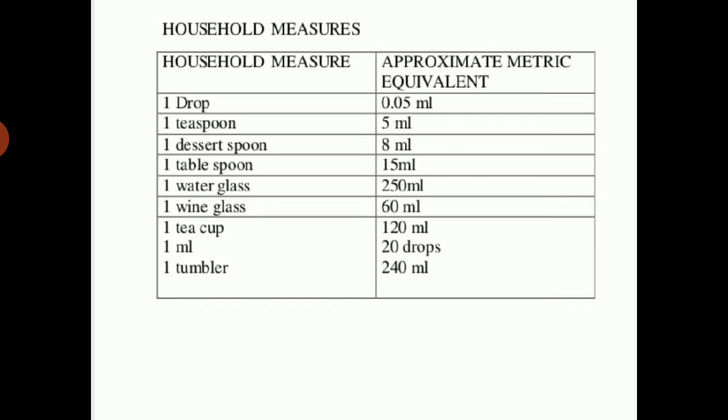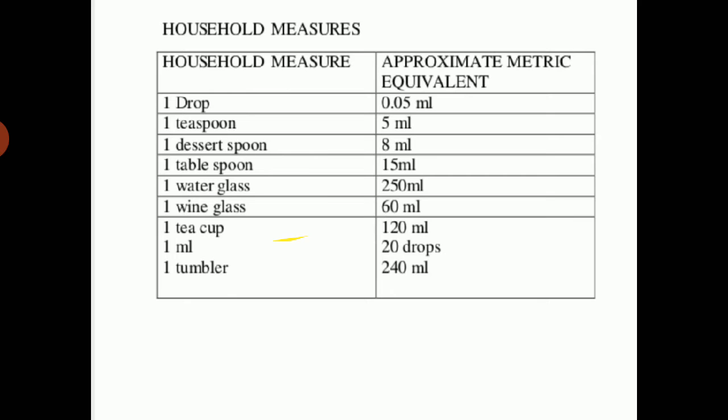Conversion table. If we discuss the conversion table from apothecaries to avoirdupois, 1 lb is equal to 16 oz, and 1 lb is equal to 7000 grains, and 1 oz is equal to 7000 upon 16, that is 437.5 grains. 20 grains is equivalent to 1 scruple, and 60 grains is equivalent to 1 drachm. 480 grains is equivalent to 1 ounce, and 12 ounces is equivalent to 1 pound, and 5760 grains is equivalent to 1 pound.